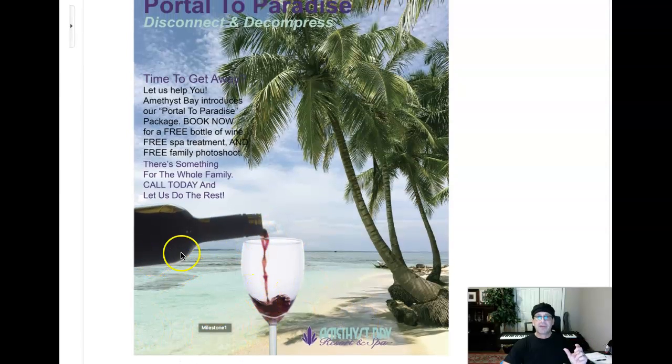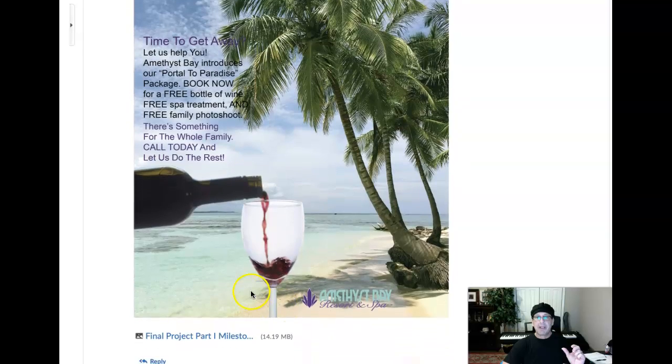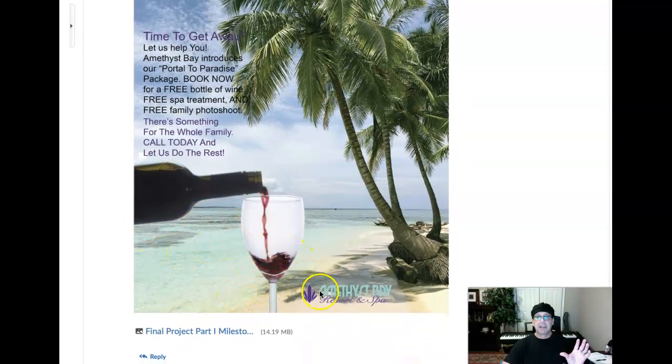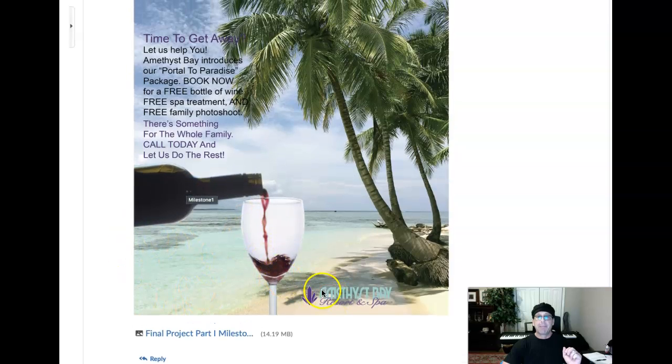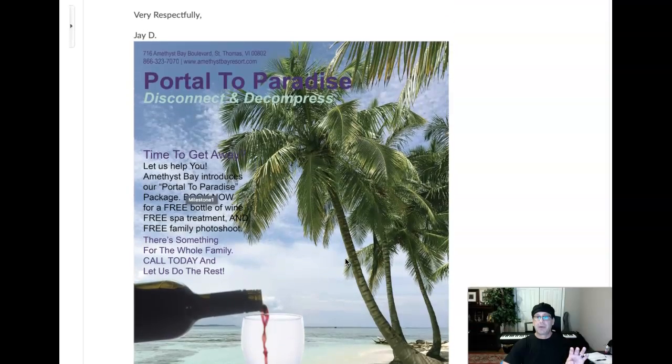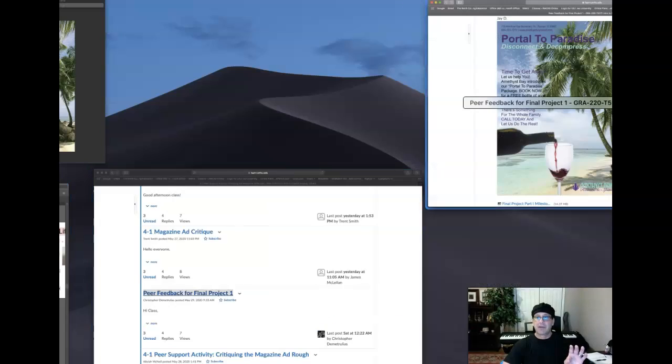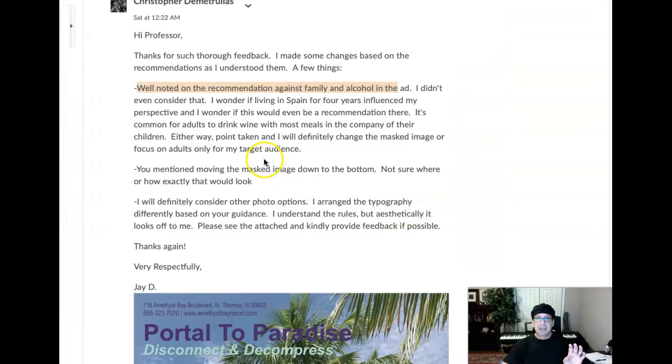And I still think this is really large, and it creates this negative space right here, which is problematic. It just isolates this area completely from the rest of the ad. So a couple of options you could do is reduce the size of this and maybe place it right around here so it's not such a prominent part of the bottom of the ad. Or you could change the masked image altogether. Your call. There's a couple of other elements that will come into play here, and I want to talk about that as well. But let's go back and